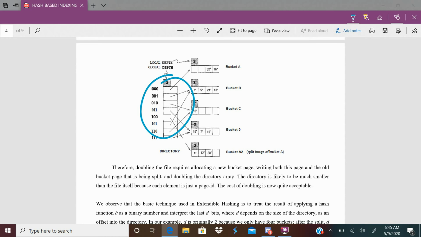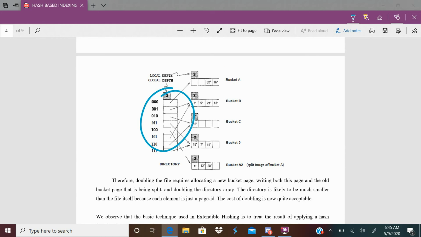Here I used two terms: local depth and global depth. If local depth is the same as global depth, it causes directory doubling. If local depth is less than global depth, the split of a bucket will not cause directory doubling.